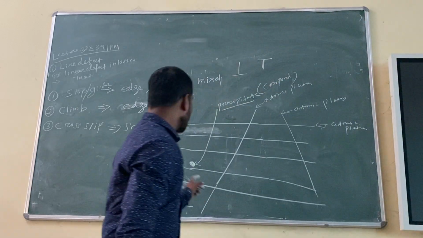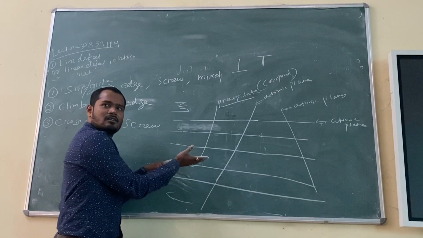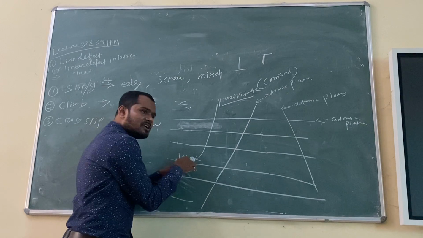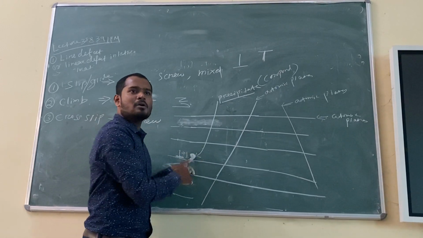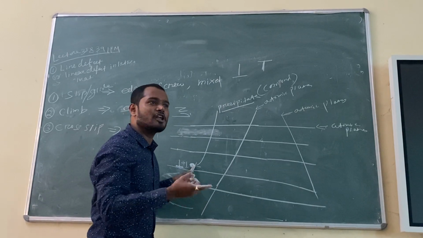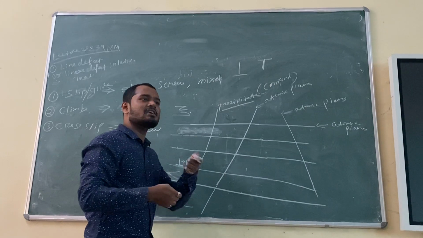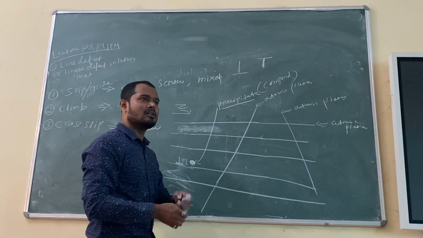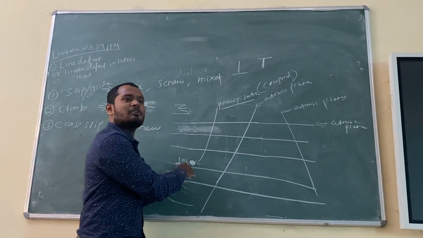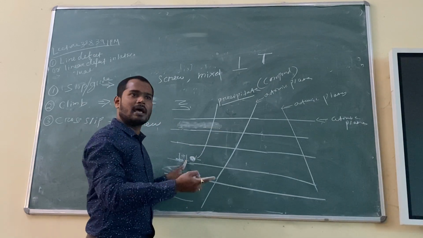So what is happening? A dislocation is present over here, and it wants to glide, right? So it will glide up to this, but from here it cannot glide further. Why? Because of the presence of a compound. This compound is stronger and harder, so it cannot deform, right? Plastic deformation will be easy if the material is ductile, but if something harder is present in the metal, it will not deform easily, right? So it will stop. If it stops, what will happen to the strength? Strength will increase. I told you, the dislocation cannot move, cannot glide.